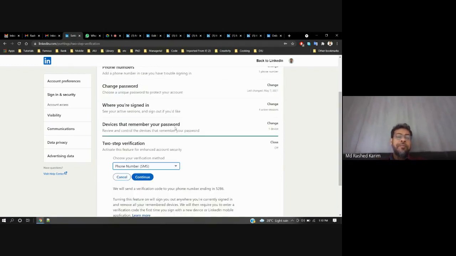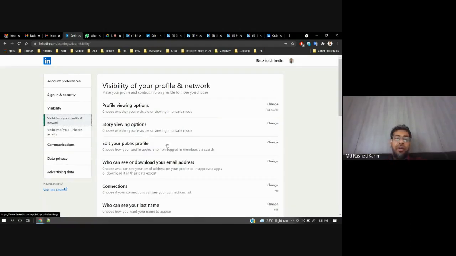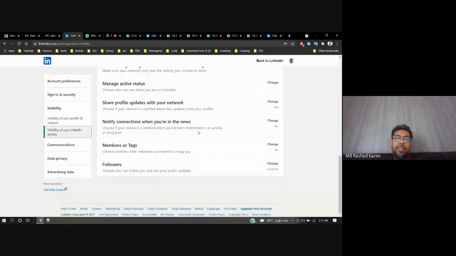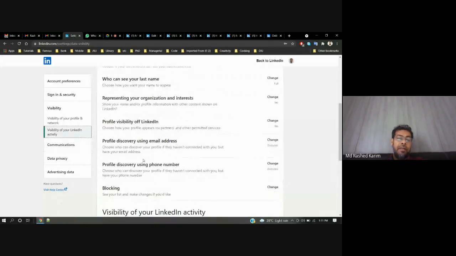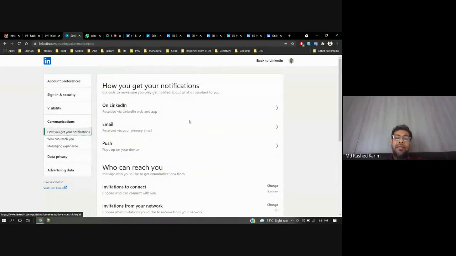Then there is visibility, which I have already shown, and communications. You can set the push and email notifications received via your primary email or any other.